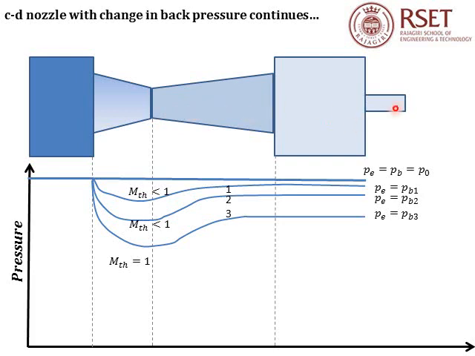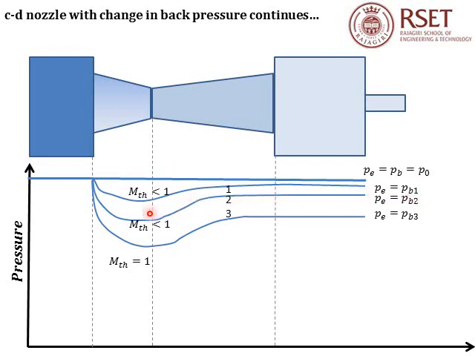Now, if you reduce the pressure further, we see that the pressure also reduces to a greater extent. The flow is further accelerated, but still it remains in the subsonic region. Hence, there will be diffuser action in the diverging duct and it will be such that at the exit plane pressure, it will be equal to the new back pressure, say PB2.